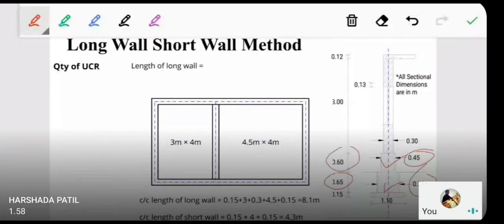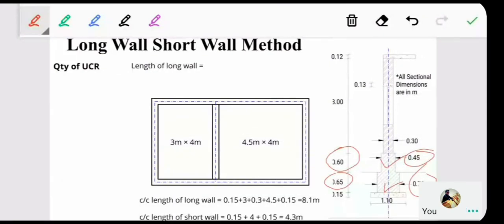So we have to calculate the quantity of the UCR. So first calculate the length of the long wall for the UCR. That will be center to center line distance plus width of the item. So quantity of the UCR masonry in the long wall will equal to